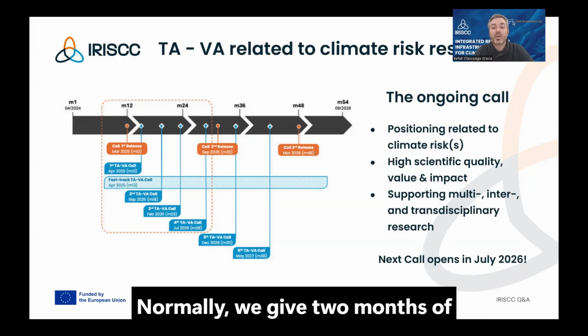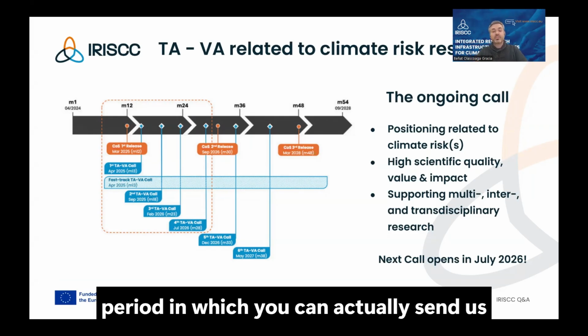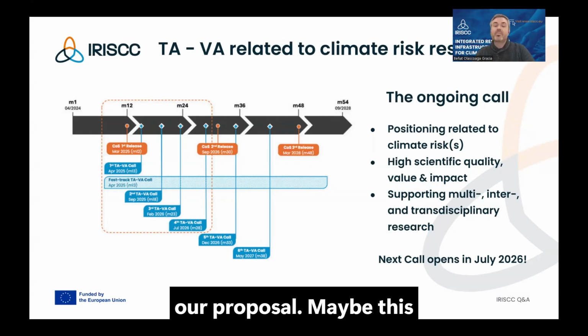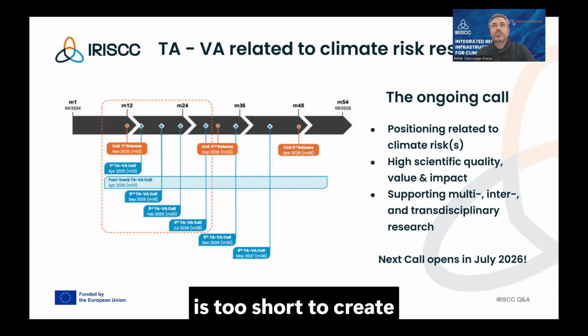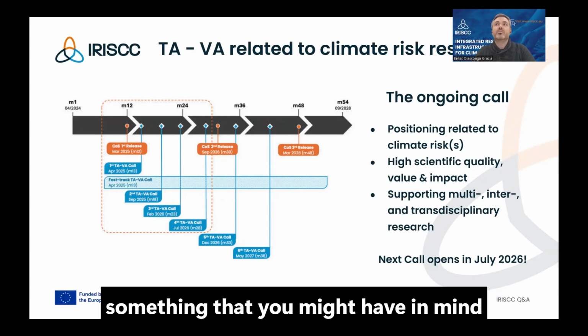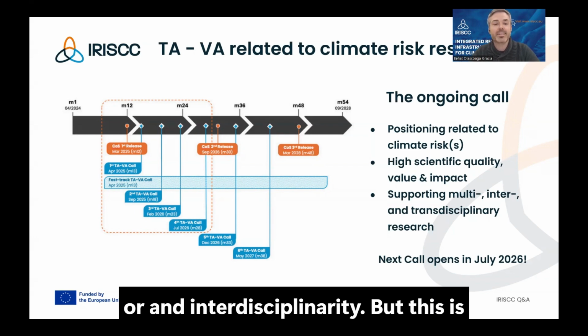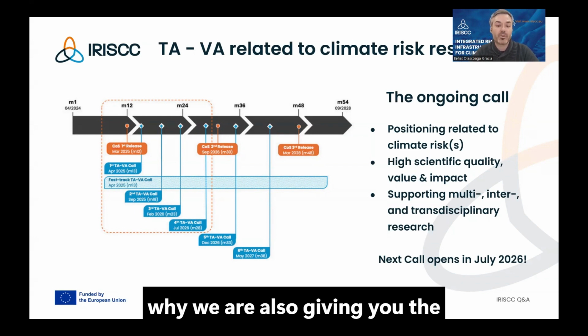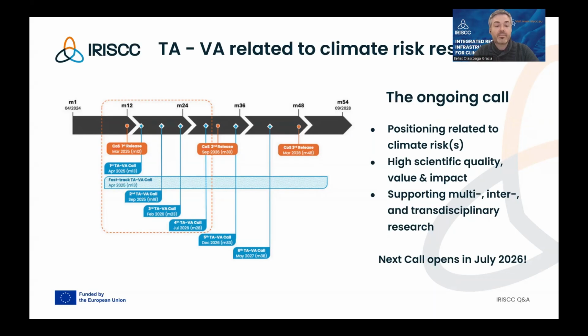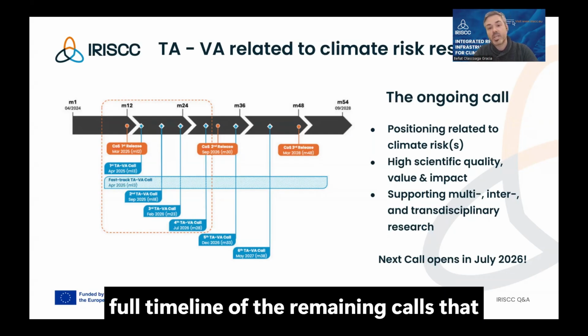Normally, we give 2 months in which you can send us your proposal. Maybe this is too short to create something that involves different stakeholders or interdisciplinarity. But this is why we are also giving you the full timeline of the remaining calls that are going to come up in the future,